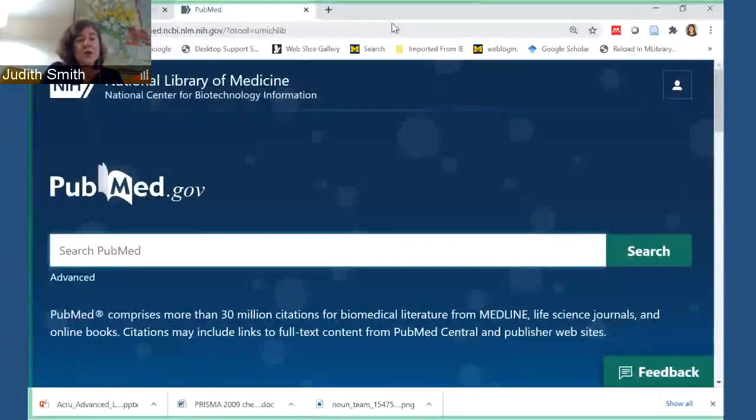As you notice, and you may be doing this already, I put the different concept blocks in parentheses because I need to tell PubMed the order in which to perform this search. This is probably familiar from algebra, but that's what we need to do.